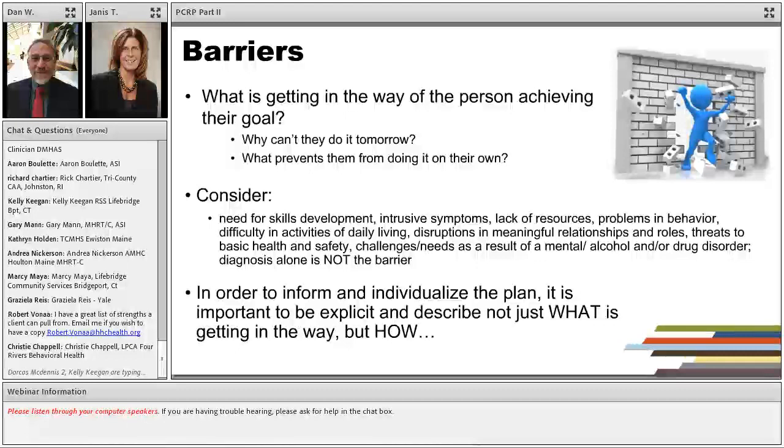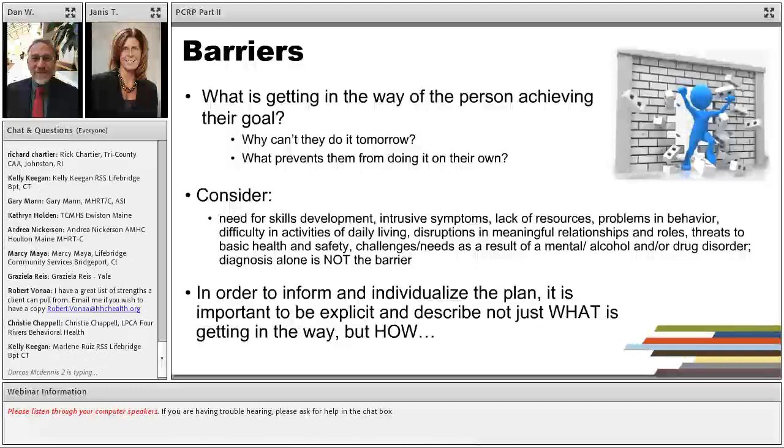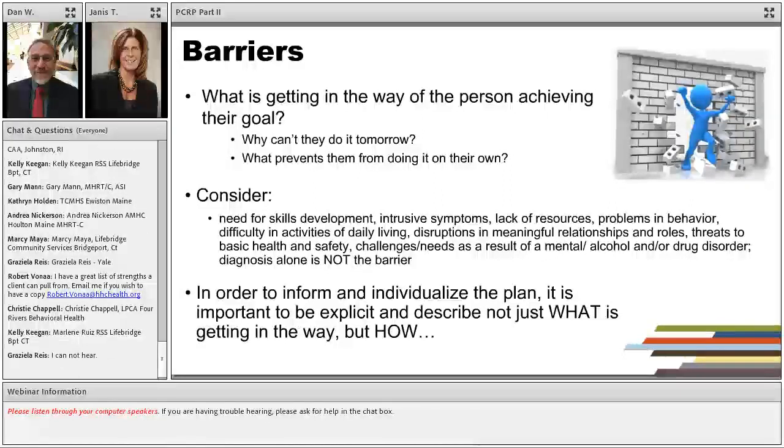You want to consider a number of things, some of which may have to do with a person's experience of their behavioral health condition, but also some of the things that are associated, frankly, with the experience of poverty, especially if someone's being served in the public sector system and dealing with the psychosocial stressors around that. A key thing is making sure, with barriers, that we really are being explicit and descriptive in our detail around those challenges and needs as they relate to their experience of a mental health or addictions issue.